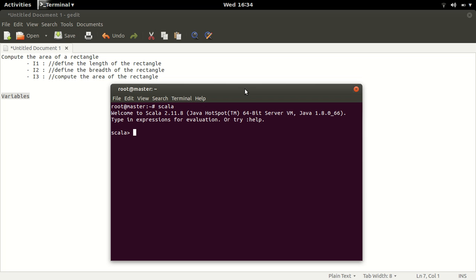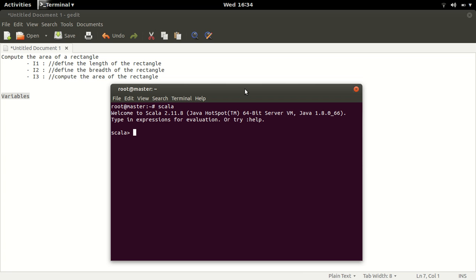At this point, this question may feel very naive, as in, why am I asking this question? Why not just create variables length and breadth and compute the area of the rectangle? But believe me, as we go ahead, this question is going to be of utmost importance in your journey of Scala. So we take a decision that the variable length, which is going to store the length of the rectangle,